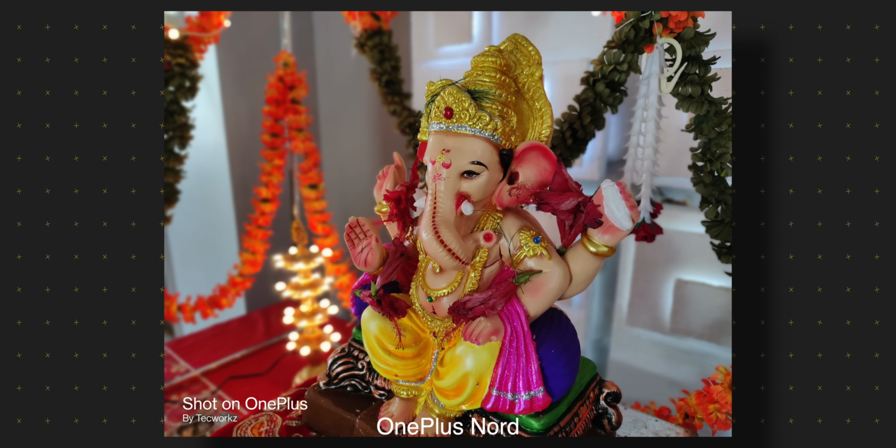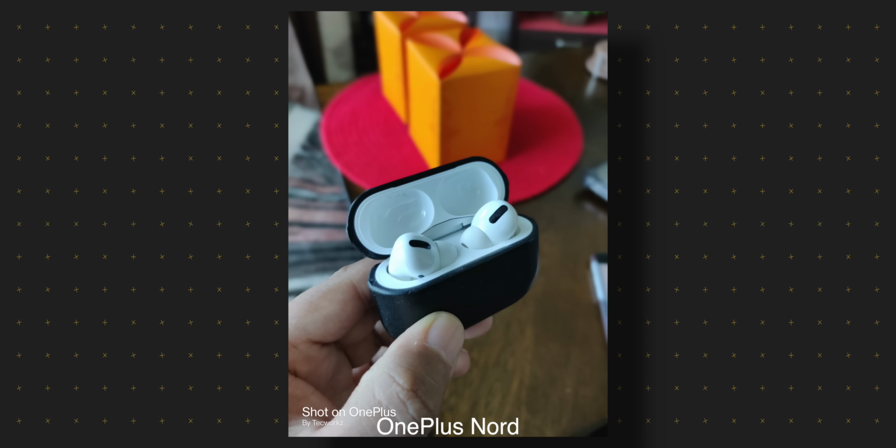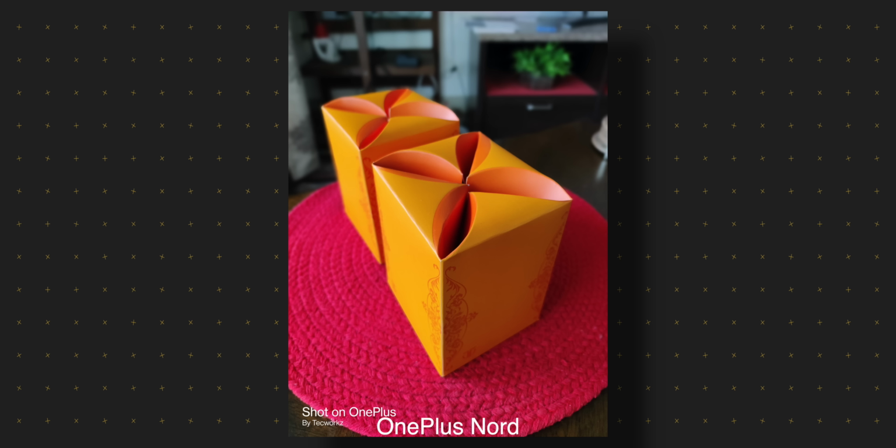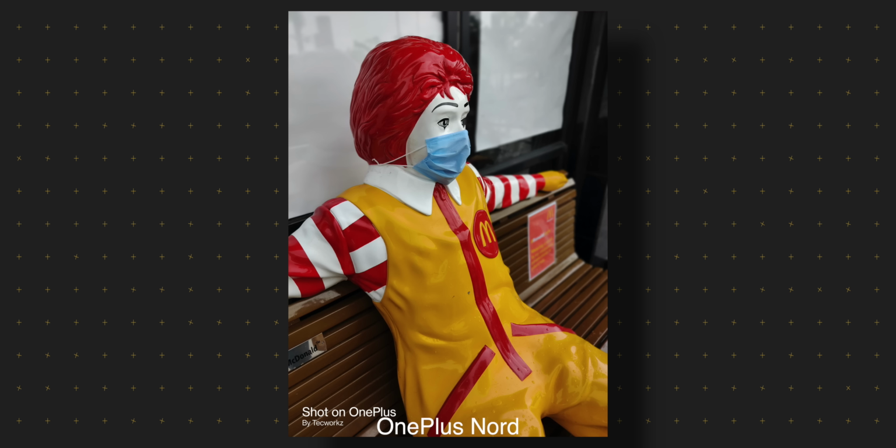Now another thing that the iPhone SE's camera can't do is take portraits of objects with the native camera app. You can do it with a few third-party apps, but for the stock camera app to take portrait shots, it needs to detect a face in the scene. Nord doesn't have that problem. It can take portrait shots without any hesitation, and as you can see, it is also pretty good at it.